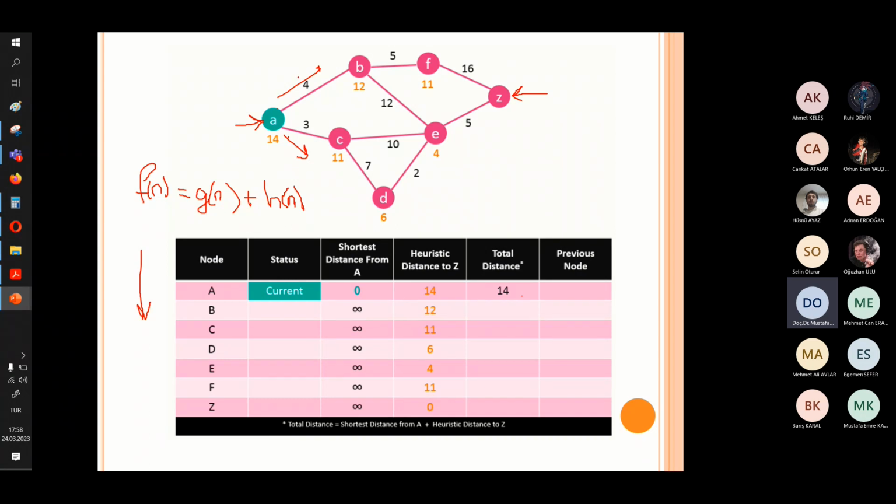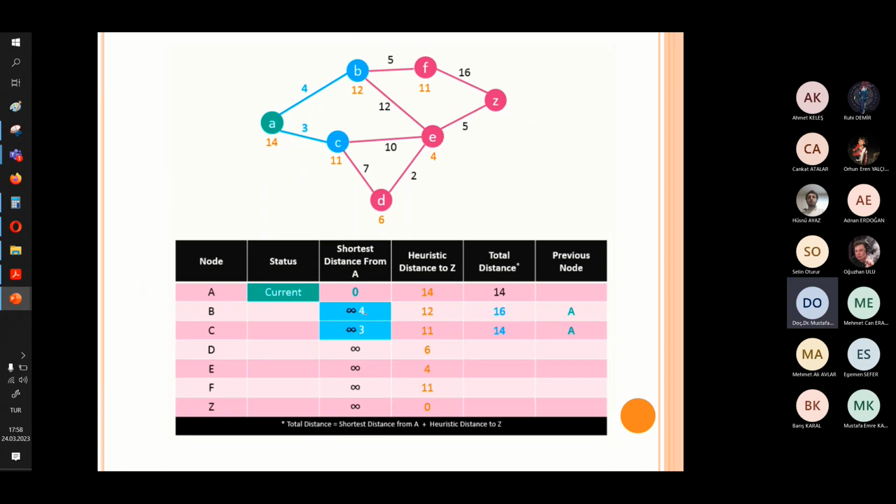We will update it as 4, and C will be updated as 3, as in the case of Dijkstra. And how about the total distances? Since reaching B has an actual cost of 4 and the estimated cost to Z is 12,